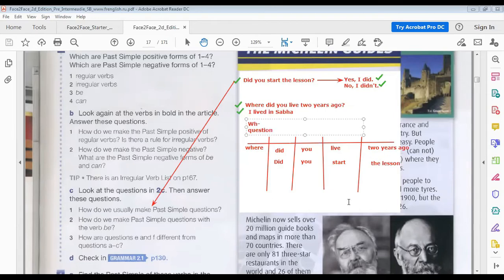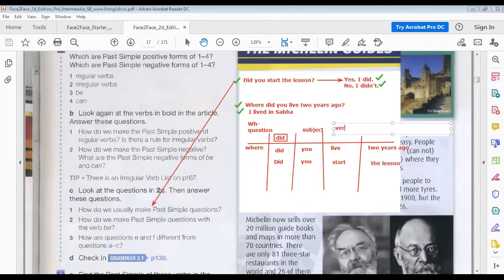Okay. After that, what's this? We have the auxiliary, yeah, the auxiliary did. Because this is past simple, it means we only have one auxiliary. What's the auxiliary we use in past simple? Did, right? After did, what do we use? The subject. Yeah, the subject pronoun. Okay, after the subject we use a verb.